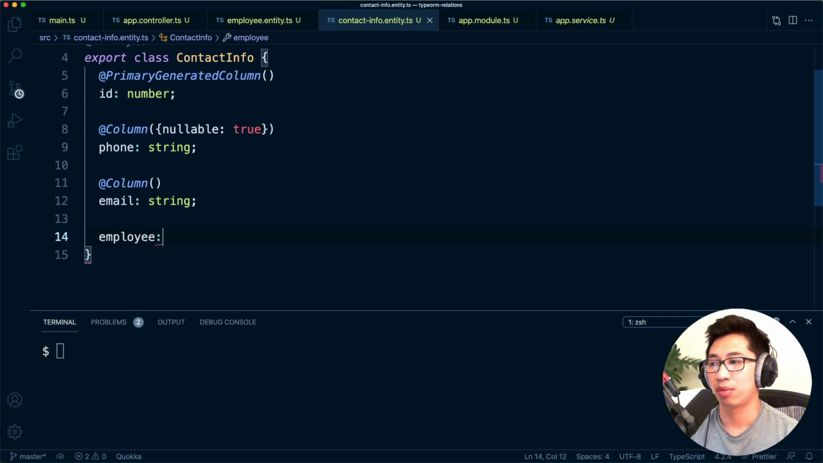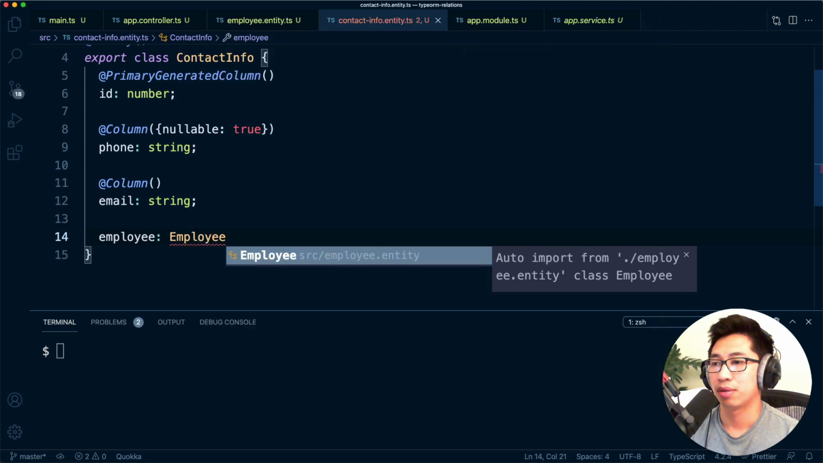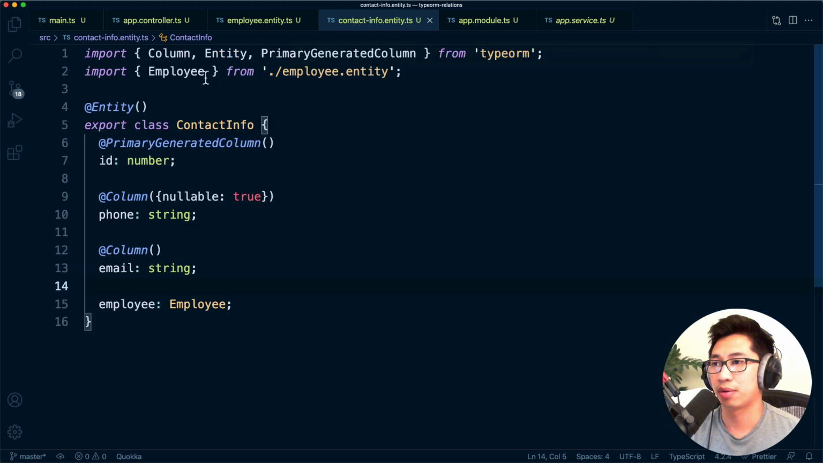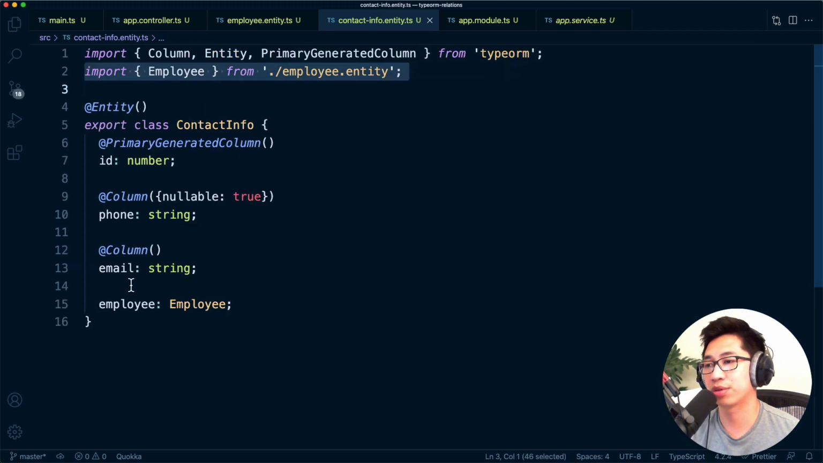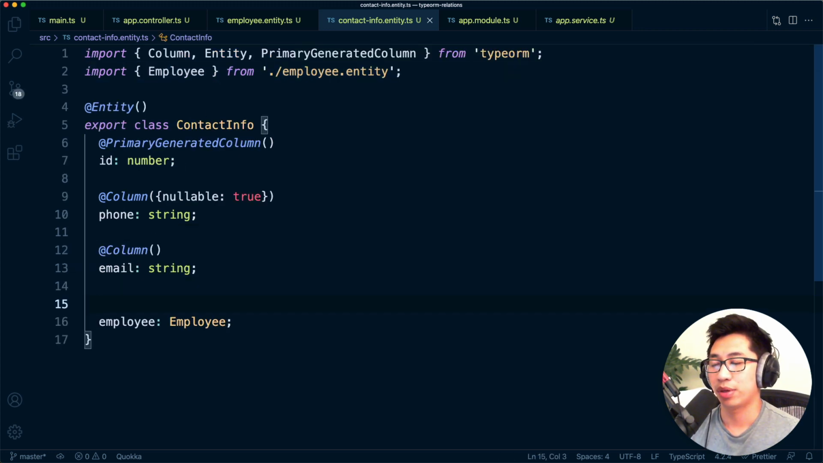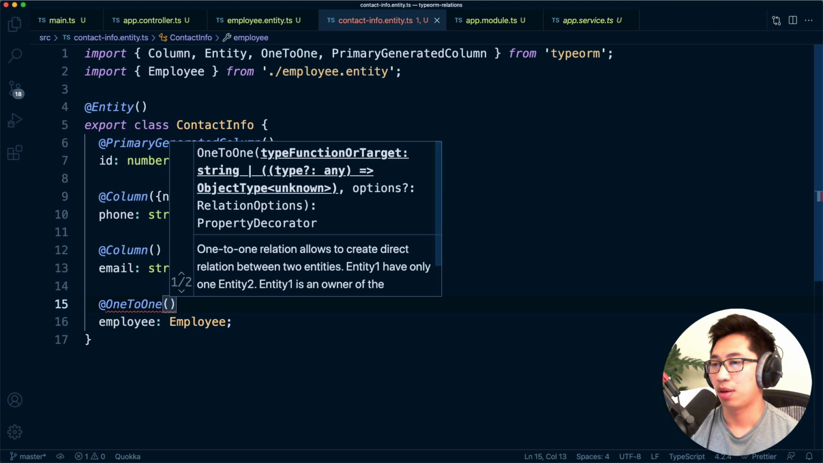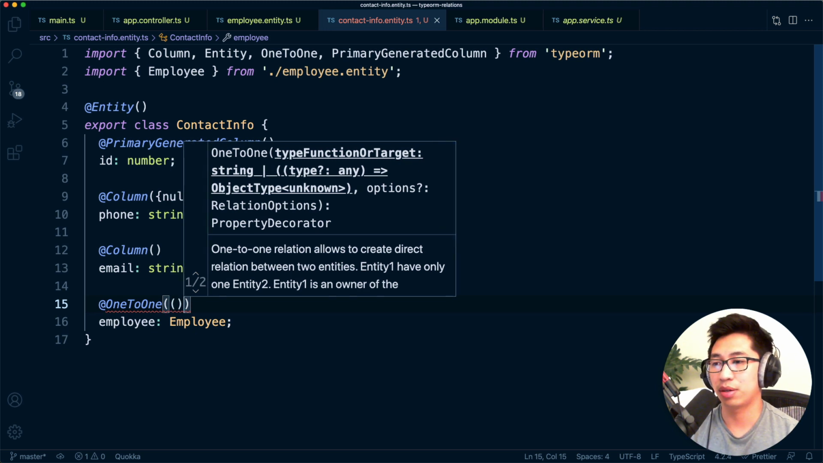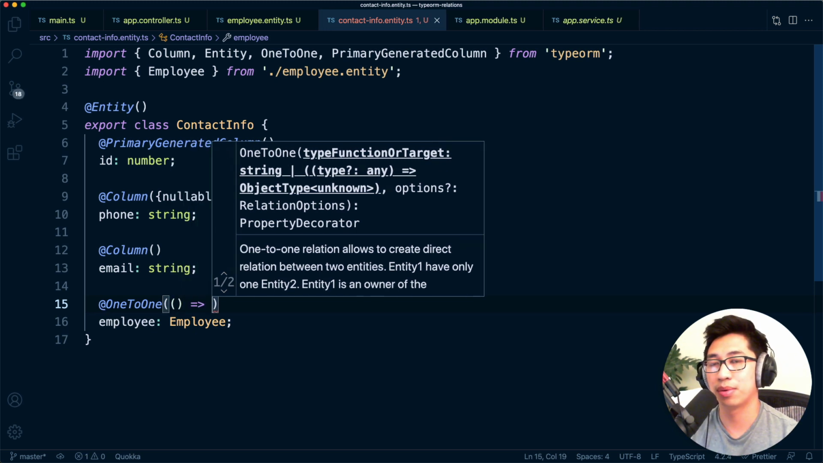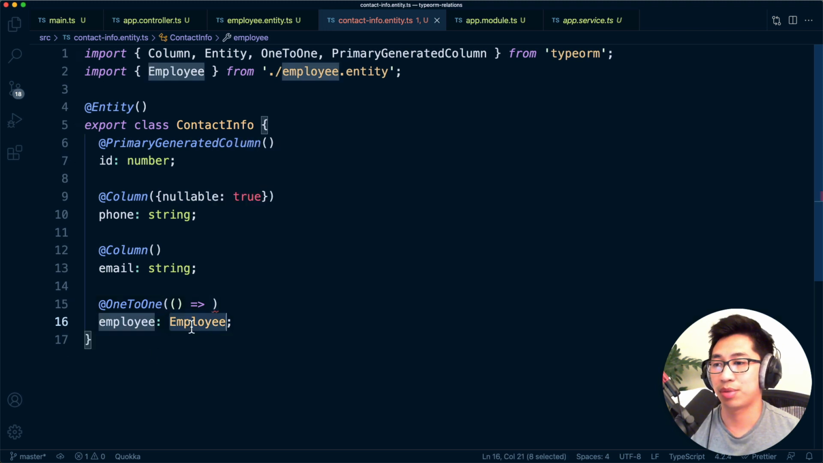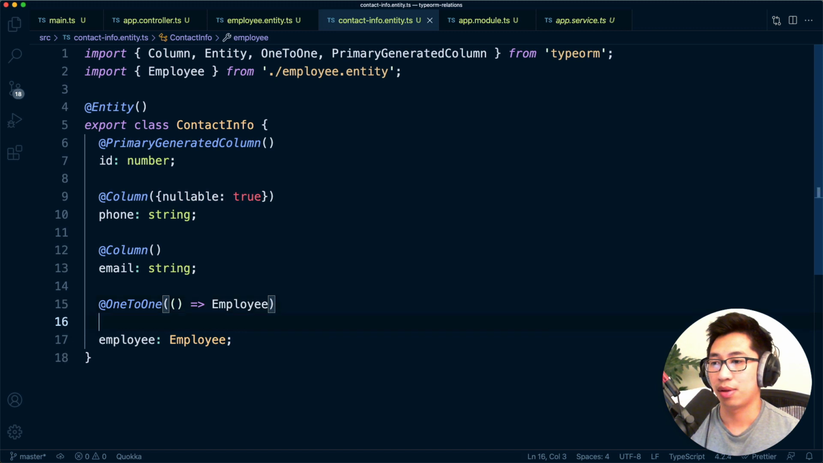In this case, we're gonna say employee, right? Type employee, i.e. our employee entity that we just created, and then we're gonna tell TypeORM what this is exactly, which is a one-to-one relationship. And the thing you have to pass in here is a function which returns the type, which is basically the same as this, right? So we just put employee in here, and then the next thing you need to add